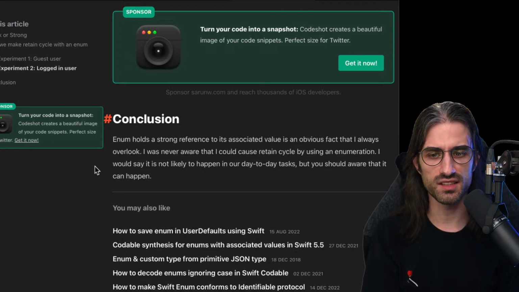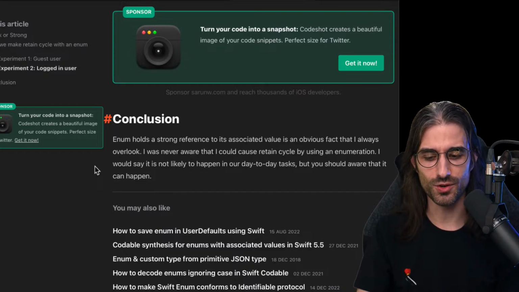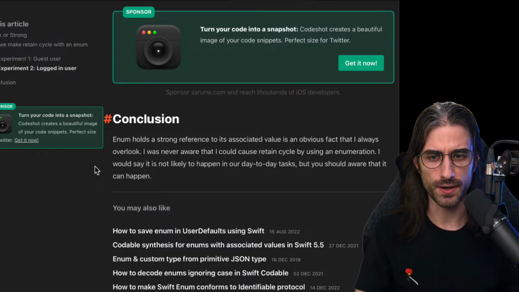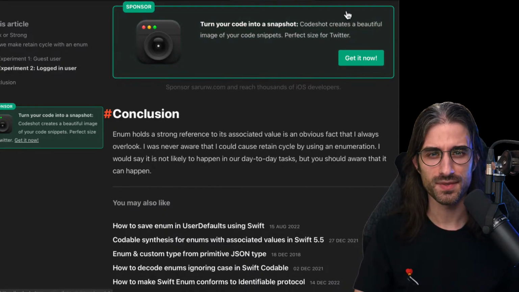So as the conclusion says, it shouldn't happen that often, but if you ever, for instance, pass a closure as an associated value for a case of an enum, then you could potentially create a retain cycle.